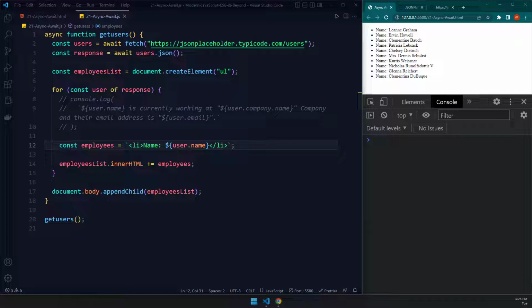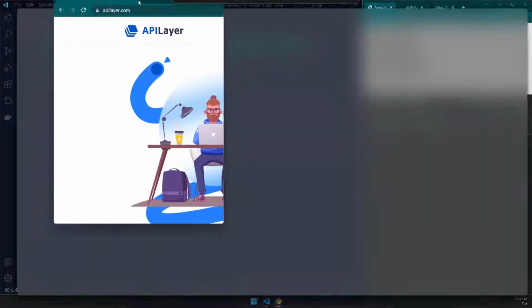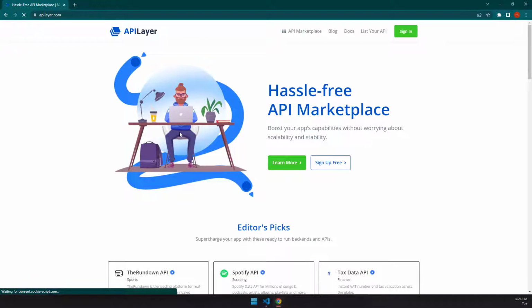There are a lot of free APIs that you can work with, and there is going to be some sort of data that is going to be returned to you. And when you inspect it in the console, just try to convert it into something manageable by JavaScript, an array of objects, an object, whatever. So that in that way, you're going to be using something that you're already familiar with. So this API Layer,